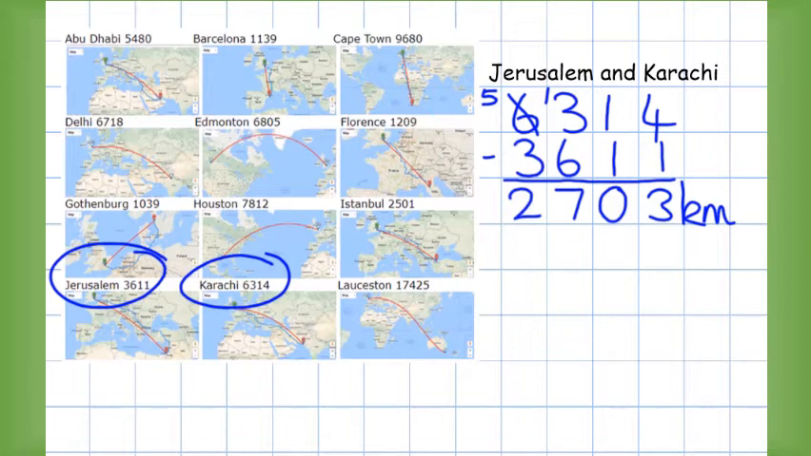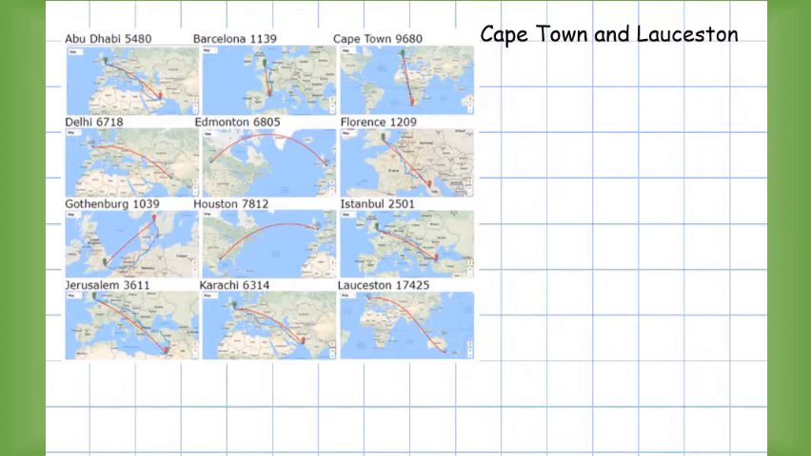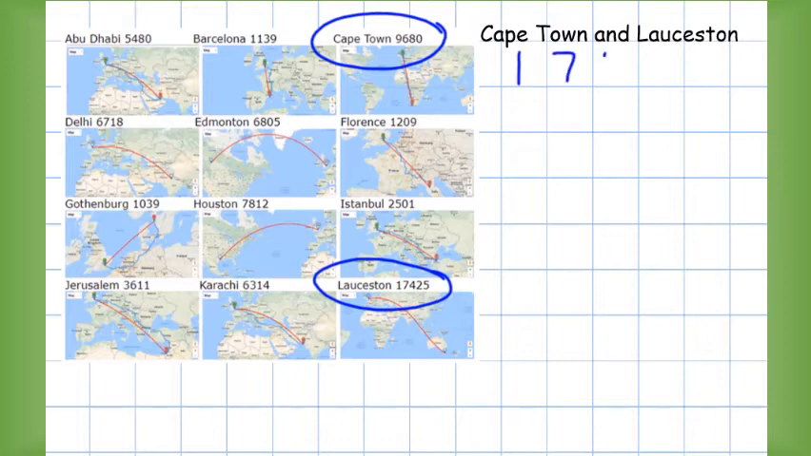I'll give you a few seconds to give yourselves hopefully a tick, and then we'll go on to the next one. Okay, Cape Town and Launceston then. Here's Cape Town, and Launceston's all the way down here. I'm not going to make the same mistake again, so I'm going to start with my biggest number, 17,425 kilometres. And from that, I'm going to take away